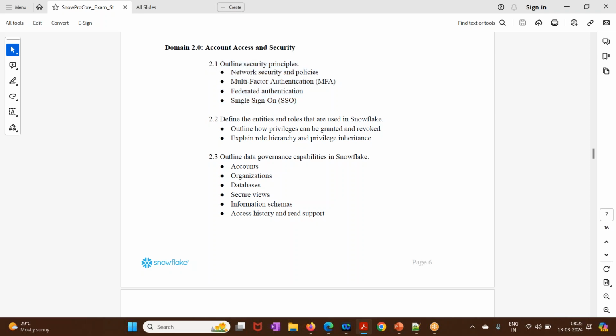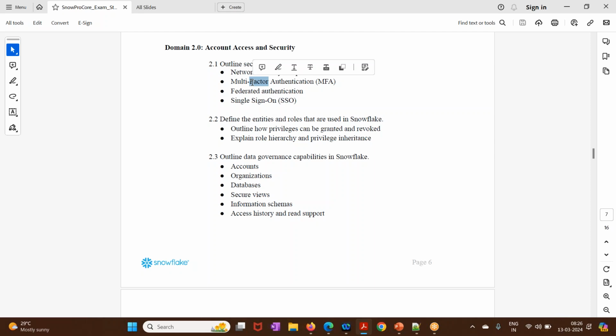This is an admin concept. Database admins will take care of how they are going to create the multi-factor authentication and the network security policies; we never define them. Only the DBA will evaluate the threat levels and monitor the login activity into Snowflake. If they feel that certain IPs need to be blocked, for example because the Snowflake account is being used for personal use or something is happening, only then will they block that IP address. All the security policies are taken care of by the DBA, the database admin team, only. Once they provide access and you log in to Snowflake,